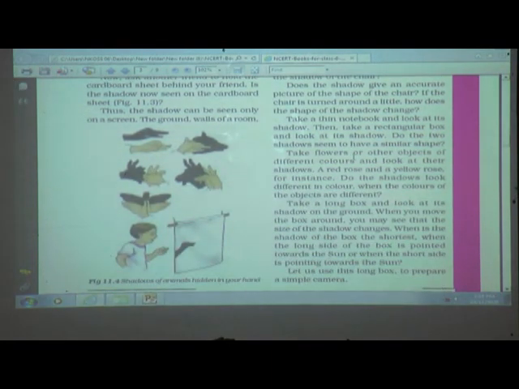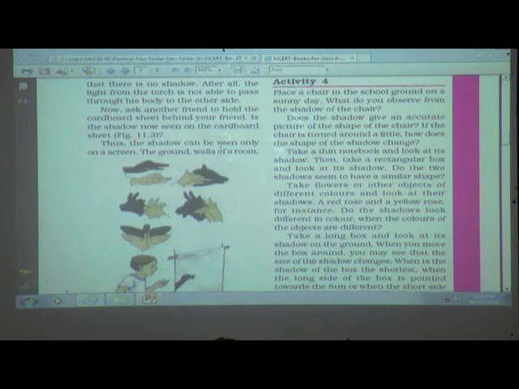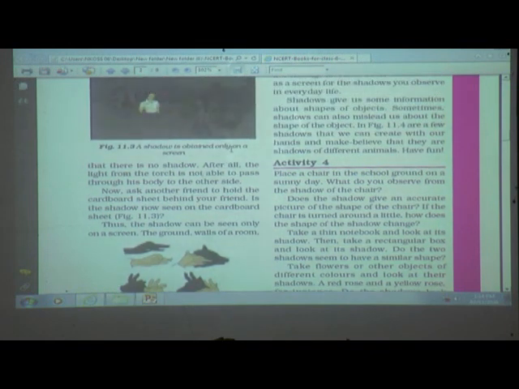See figure 11.4. Here the actual object is a hand, but the shadow looks like an animal's shadow. But actually it is the hand. So sometimes shadow can mislead us about the shape of the object.